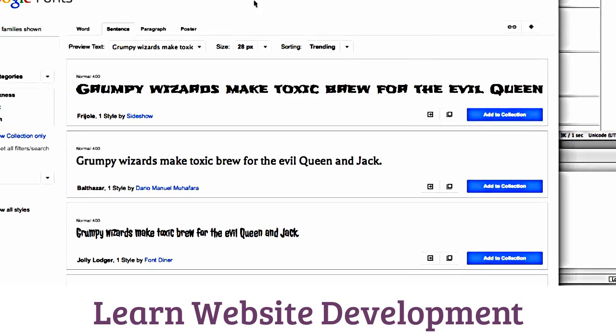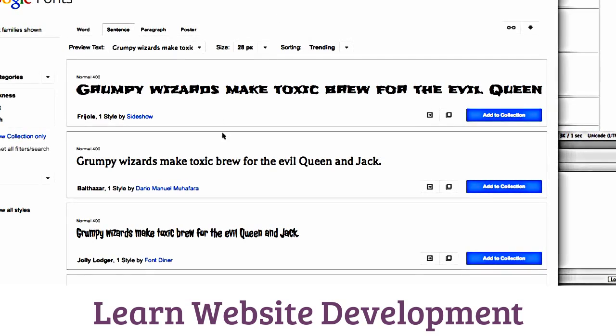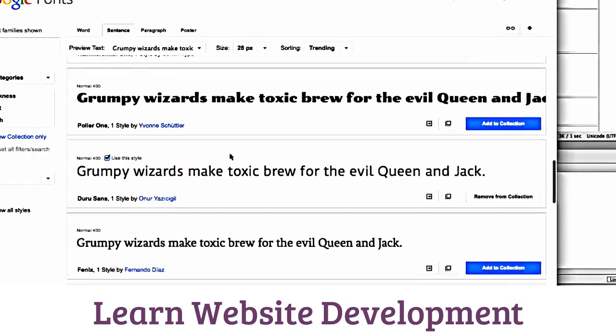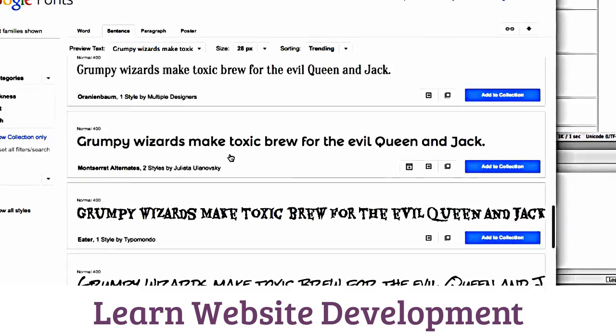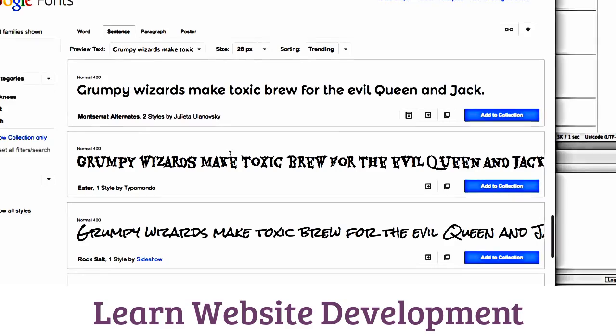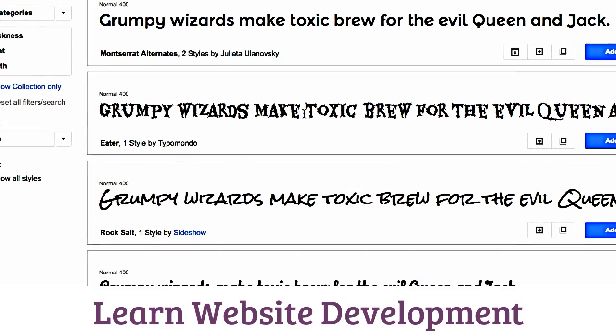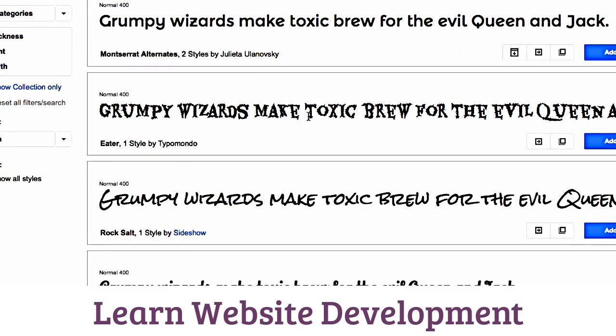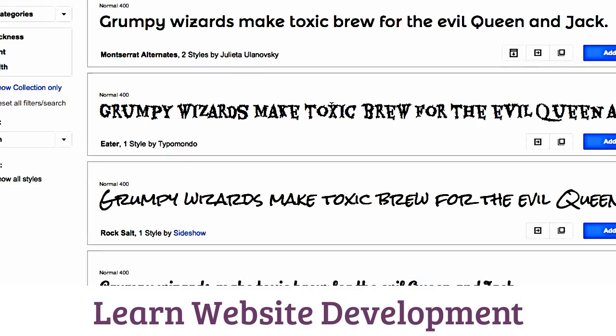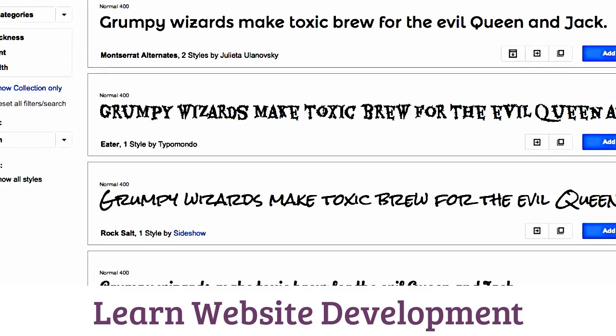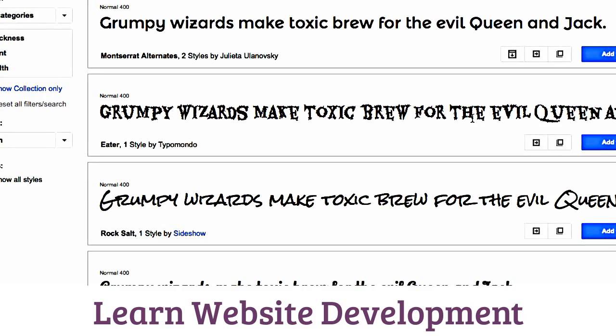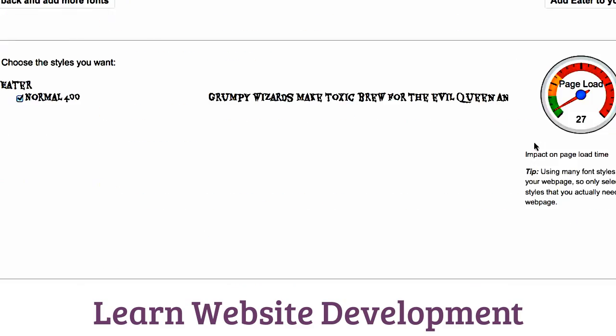So I'm on google.com/fonts, and I'm just going to take a quick look for something that might look nice as a heading. Now, for a heading, I'm willing to go a little funkier than I am for things that I want to be easy to read. This is not necessarily the best font, but it is sort of cool, and I do kind of like it. And I'm going to hit Quick Use,